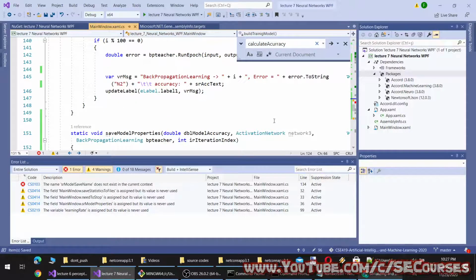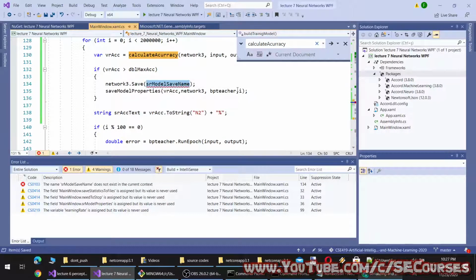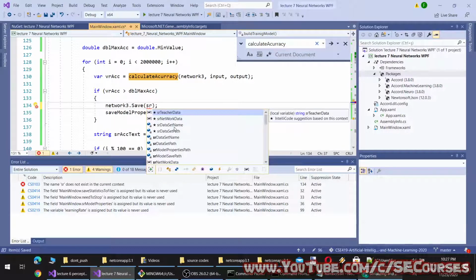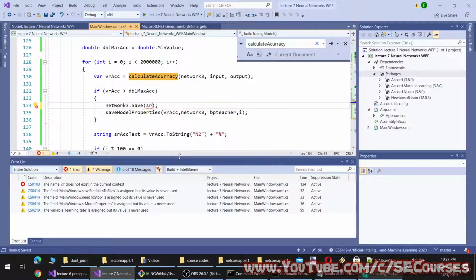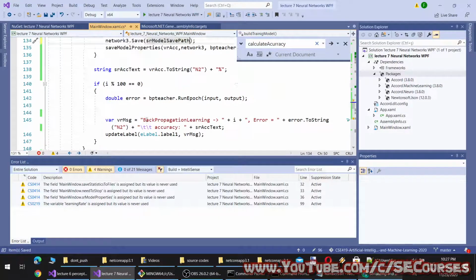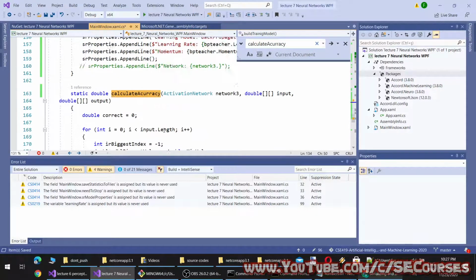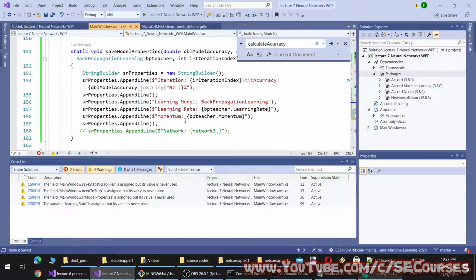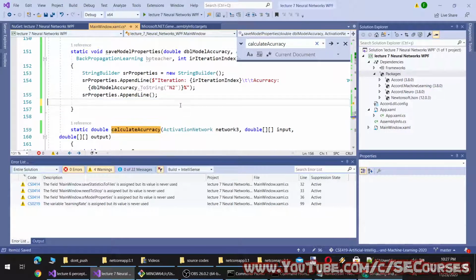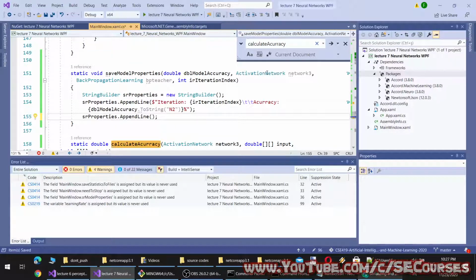Okay, we have saved teacher SR. Okay, model properties, model save path, and here, yeah, we don't need this anymore, so okay, this should be enough. I'm going to remove this and this.